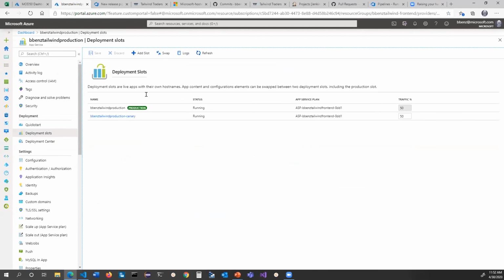So deployment slots, what I've done is I've set up something called a deployment slot. You can add a few of these. I believe 4 is the limit these days. But production is always BBenz Tailwind production. And then we have another one called BBenz Tailwind Canary. And that will take 50% of the traffic. So this is the way you do A/B testing. This is the way you do blue-green deployments. You can manually adjust this. So right now, half the people are going to go to production. Half the people are going to go to